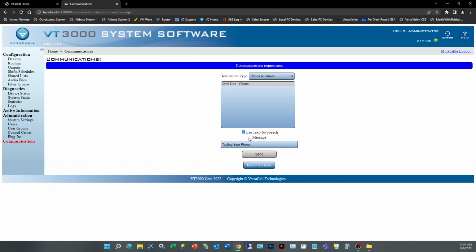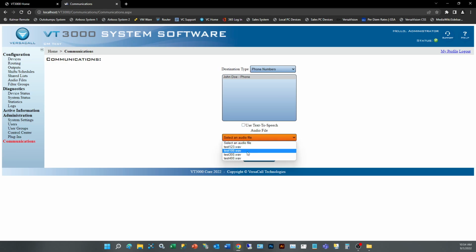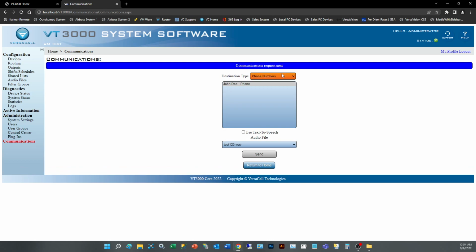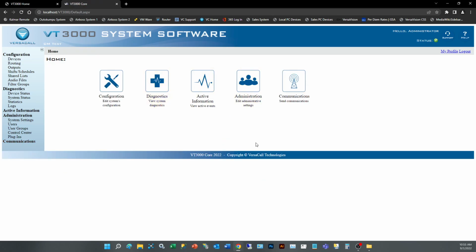Your other option is to uncheck this, and then you can actually select an audio file. So by default, all systems have this test 1, 2, 3. These are just ones that I've added, but you could select that and you can hit send, and then it's going to give you that same message here. And now that phone should be getting that testing 1, 2, 3 message, or whatever WAV file, audio file you select. Once you're done, hit this return home, brings you back to the main page,